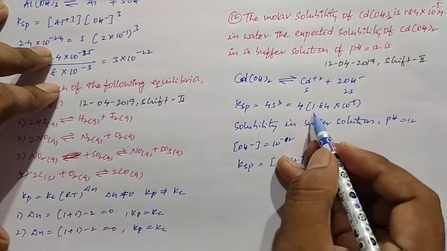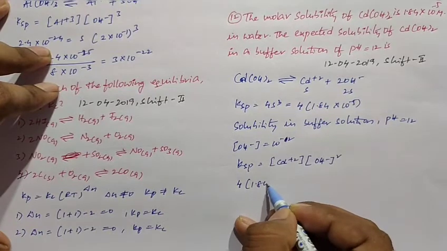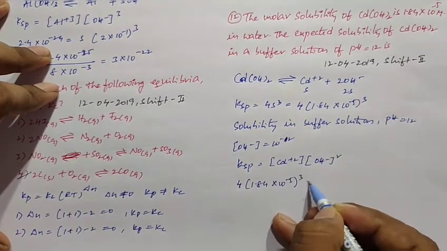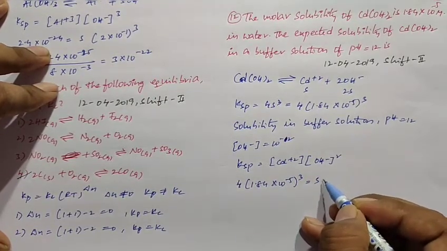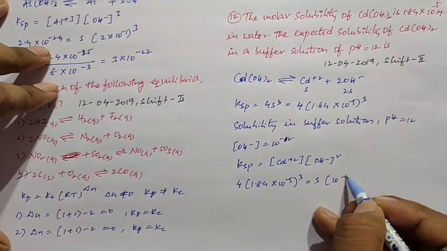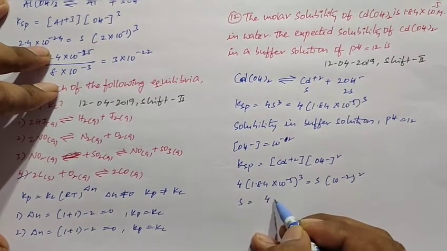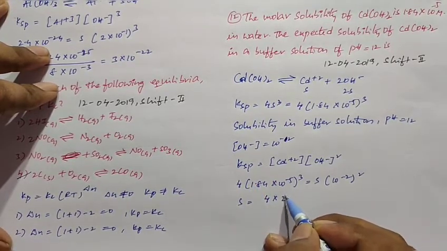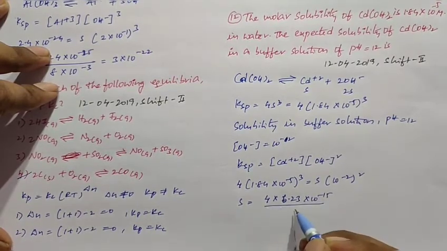So here, this is the Ksp, you can take 4 into 1.84 into 10 power minus 5 whole cubed. Cadmium concentration is taken as S, and for OH we can take 10 power minus 2 whole squared. Then solubility S is equal to 4 into, if you open the bracket, you get 6.23 into 10 power minus 15 divided by